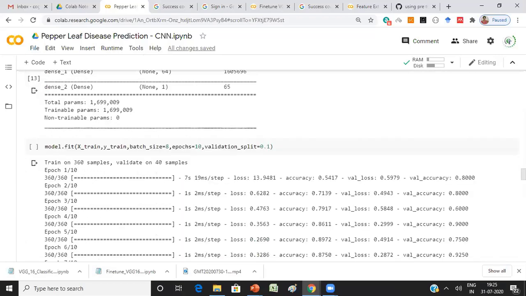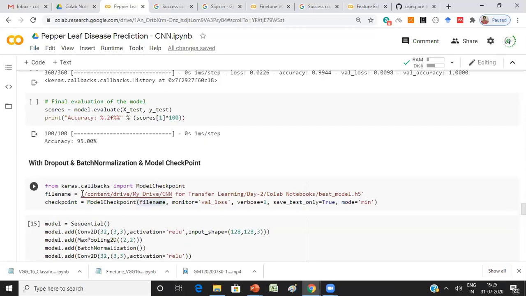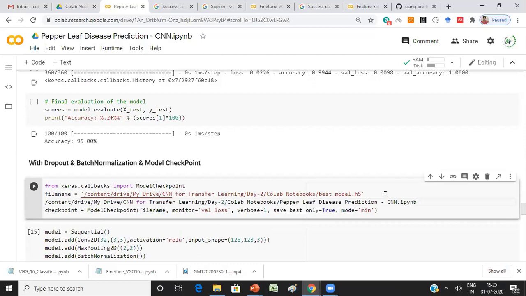While selecting, you should select wherever the current notebook is. Once that is done, go to your file name, wherever you are going to create your model.h file. Remove this final.ipynb and write whatever model name you want. Here I am going to create my model as best_model_1.h file. Then just include it within quotation marks and pass that as the file name. That's all, ma'am. That's how you need to do.